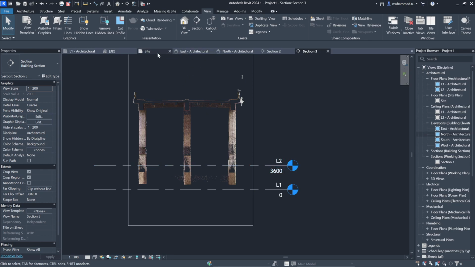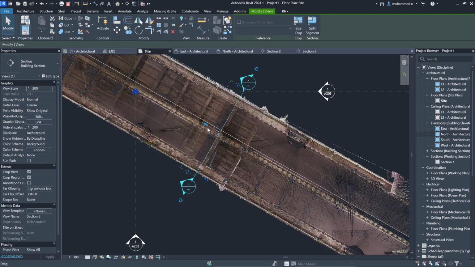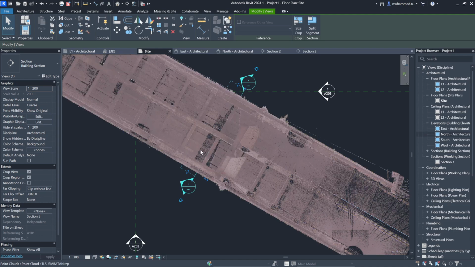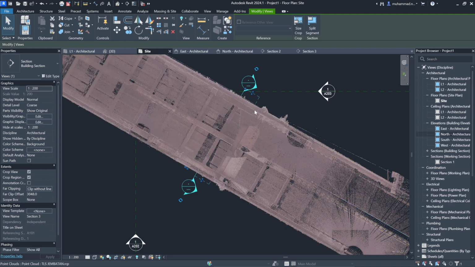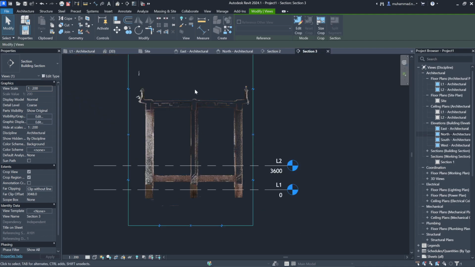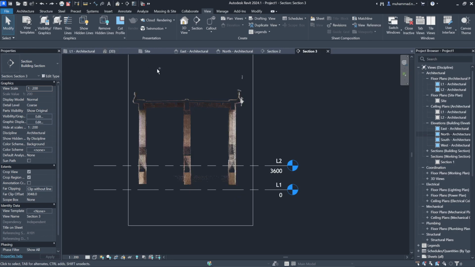Okay, so if you just need that, you can see this section is finished in the arrow right here. We can go to prep section, so we can include that point cloud right here. So you can see the section is different from before, as you can see.